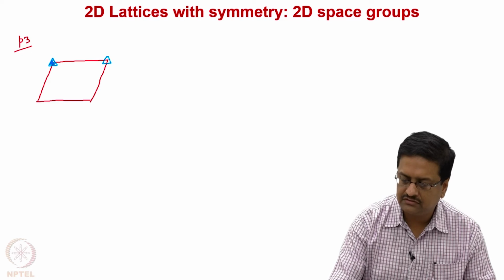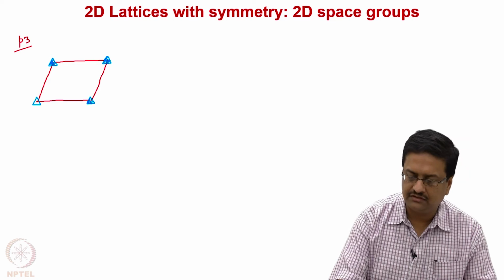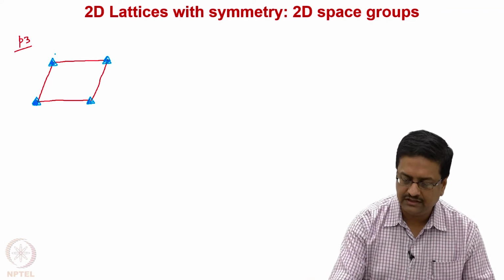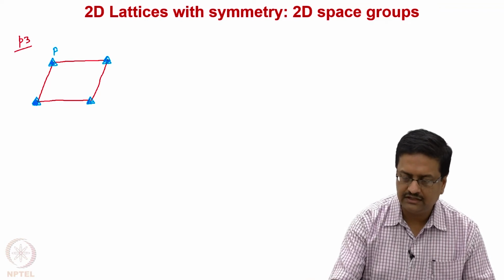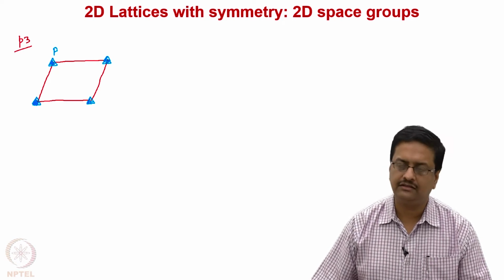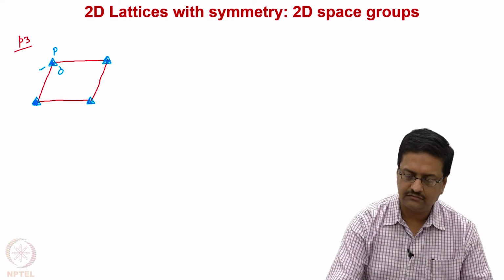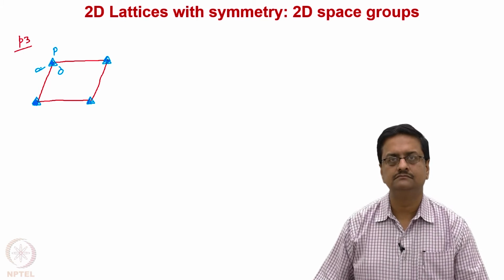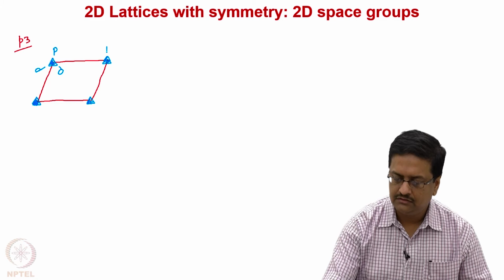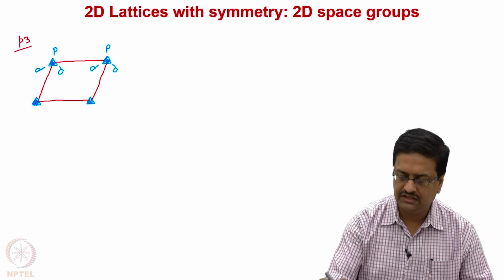So I am drawing those threefold axes at the corners of the unit cell, and then I am writing the letter P here, and then when we try to apply a threefold symmetry on this P, this gets rotated like that. So by applying that to P, if we try to fill the unit cell,